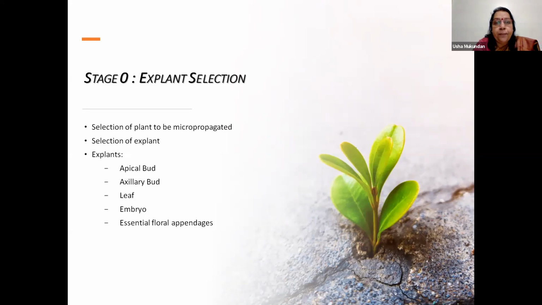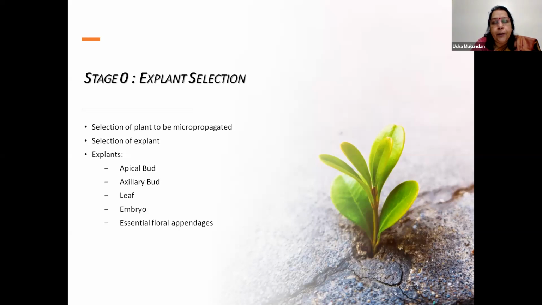Now leaf, a very good example, coleus. See, naturally coleus, how is it propagated? Coleus, begonia. They're all propagated from leaves. Anybody know, Somnath? Do you know that? Yes or no? Yes, ma'am. So even if you cut small pieces of coleus and then put it in the soil, within no time, it will produce new buds and you will get an entire plant. So these are known material which can be propagated by leaf cuttings.